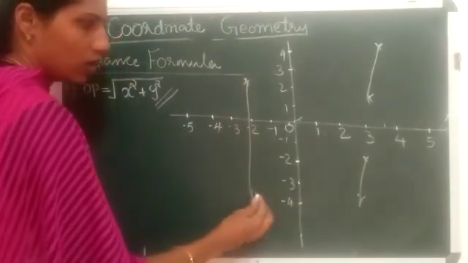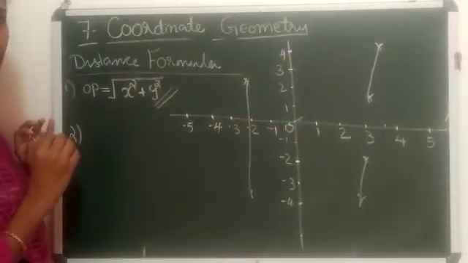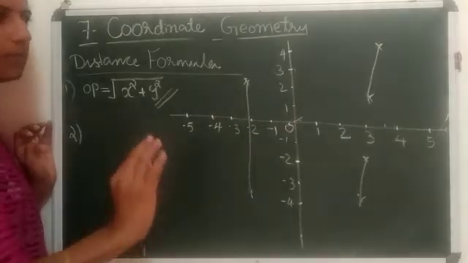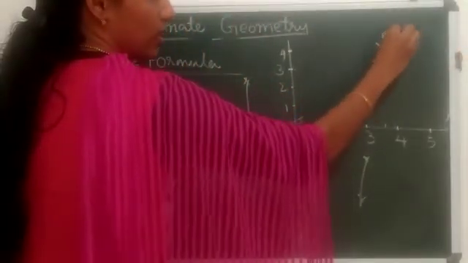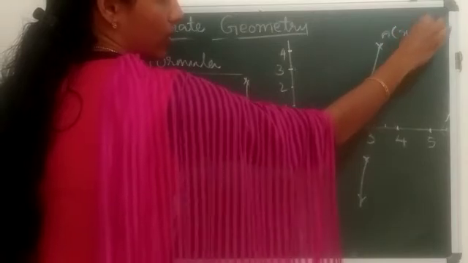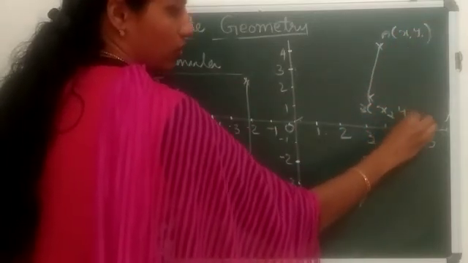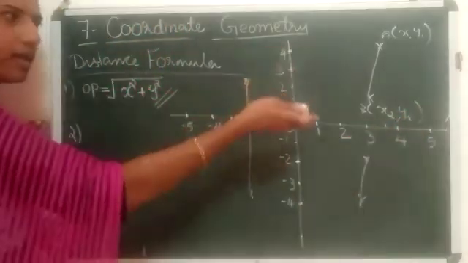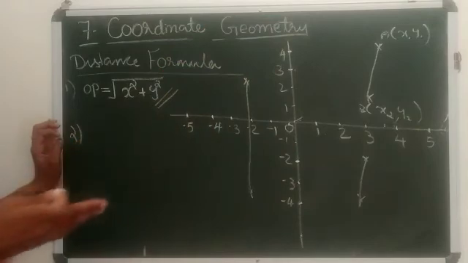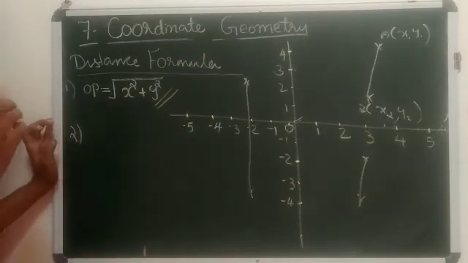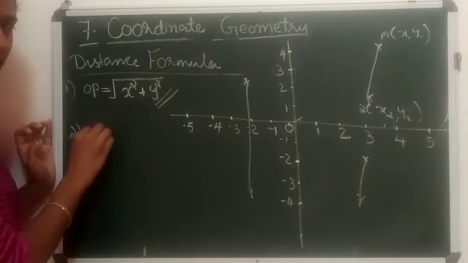So the distance between any 2 points on the plane, not from the origin, if we denote them as A (x1, y1) and B (x2, y2), the same way, any 2 points on the Cartesian plane, we use the same kind of equation. What is that? Distance is equal to